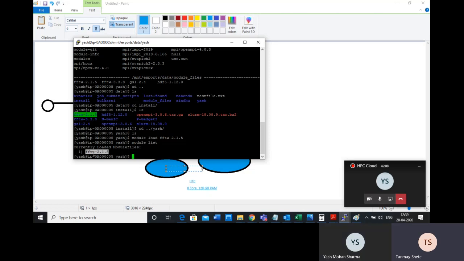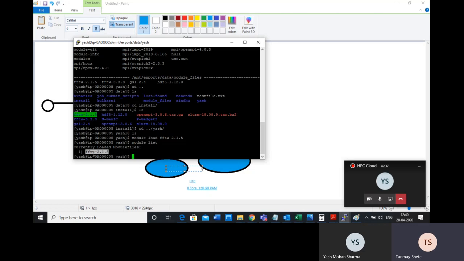So now, as I said, you will eventually be working on some other machines, not on this machine. This is just something you can relate to a load balancer or a scheduler, which takes you to the destination where you want to do your work.